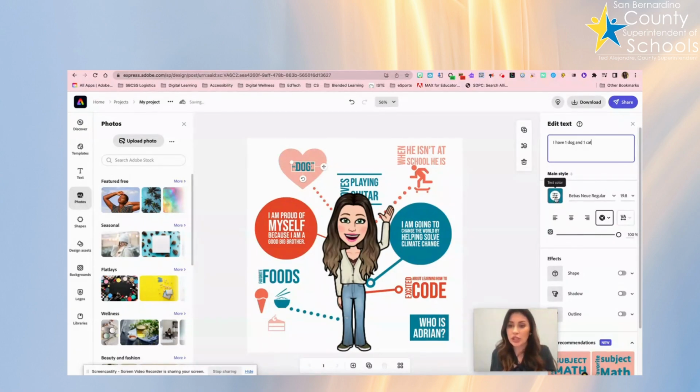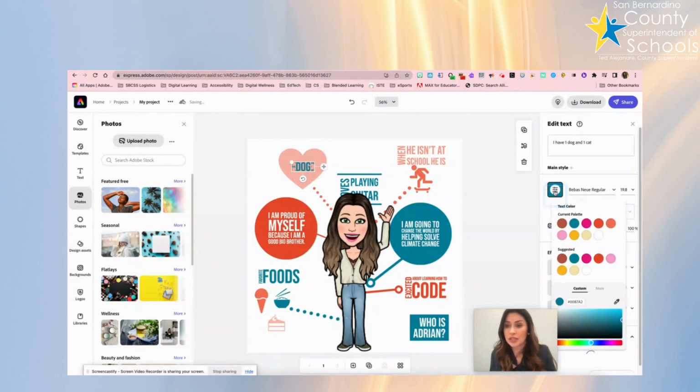And I might want to change my font, my text color. So I'll just click on that box. Right now it's like a nice teal color. Maybe I want to make it more of a brown color. So they will give you options for the current palette that you're using. So all those shades are kind of complementary and you can use those,